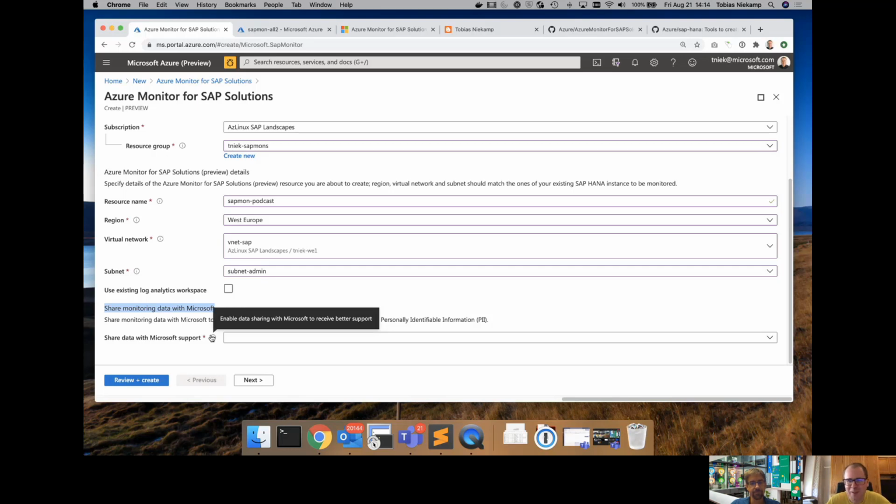I mean, on my iPhone, I'm always the one who disables sharing the data with Apple. So why would I want Microsoft to get the telemetry from my SAP landscape? It enables us from the Microsoft side, when there are issues with your landscape, to diagnose faster, because we're not relying on a screen share session with you or something, or for you to open the ticket with SAP, for example,